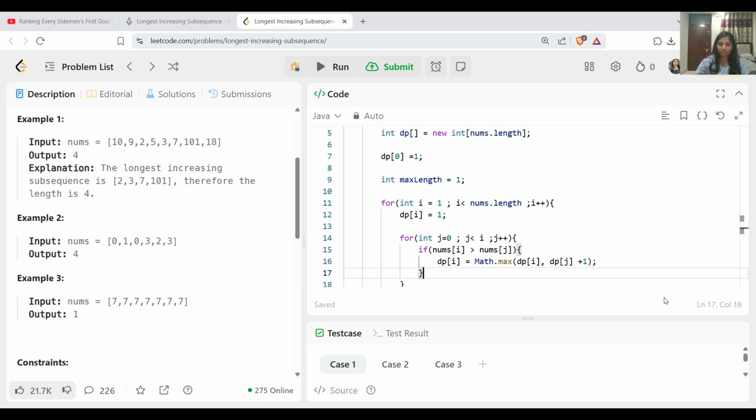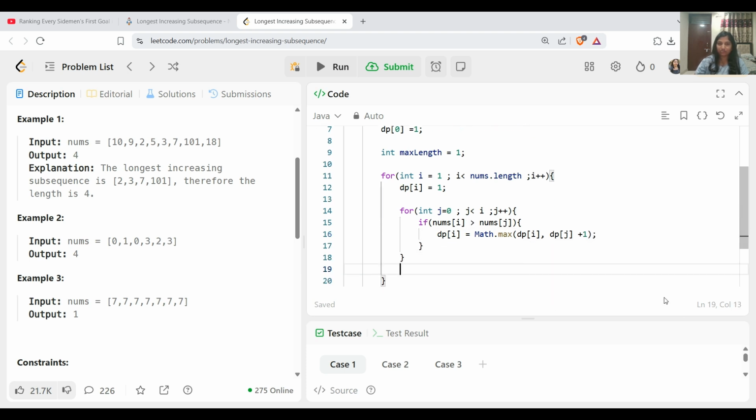Now when we come out of this if condition, we will update the max length. Inside max length we will keep the value of dp, whatever is the largest.